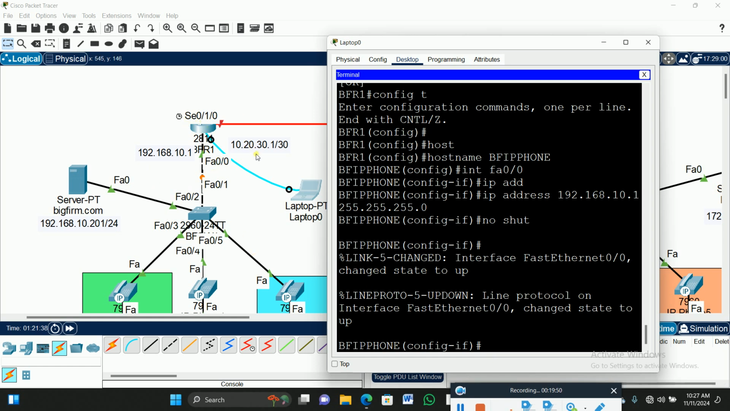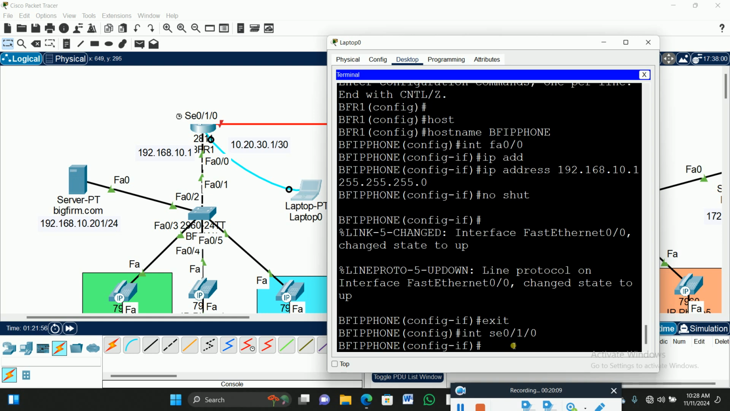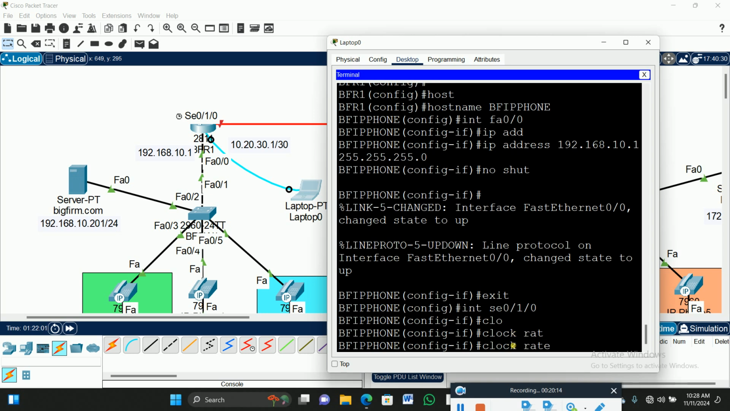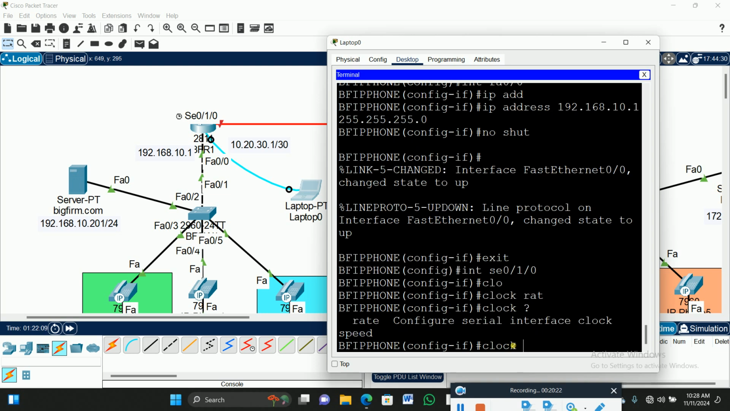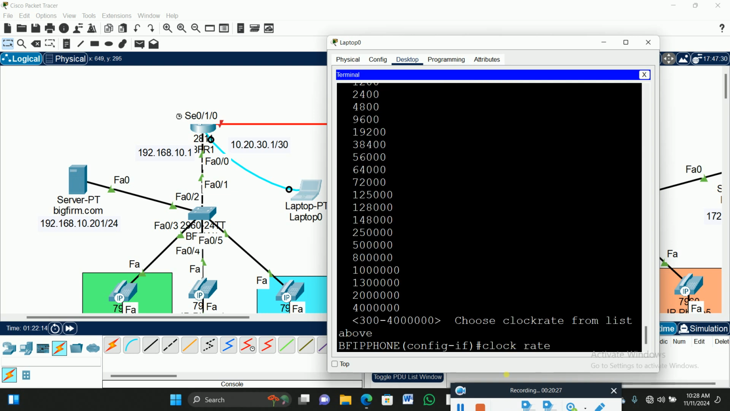Let's configure the serial as well. And on the serial, there is a clock on it. I don't know whether that is what you choose, but I will choose a clock rate. So just type exit, then int s 0/1/0. So type the clock rate. The clock rate is the speed. When you type clock, then you put a question mark. It says rate. So when you put the rate there and you bring the question mark, you see that